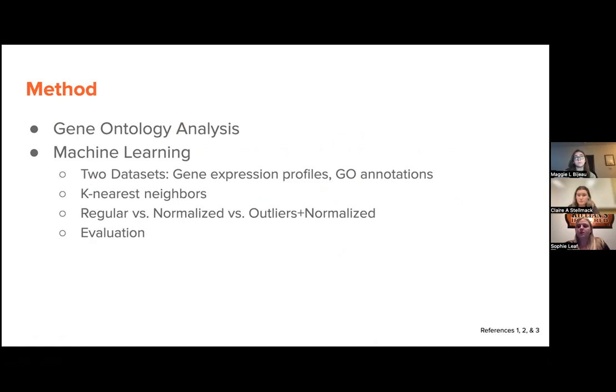To produce our machine learning algorithm, we made use of two different data sets, one that had gene expression profiles and their related GO annotations. Not all of the cell lines had GO annotations, and that is what we split into our training and test data sets. And then we used the k-nearest neighbors